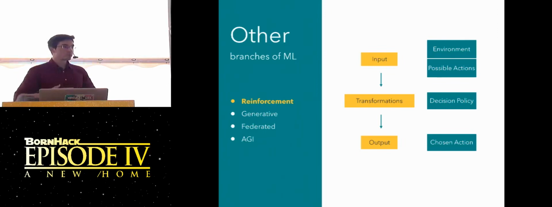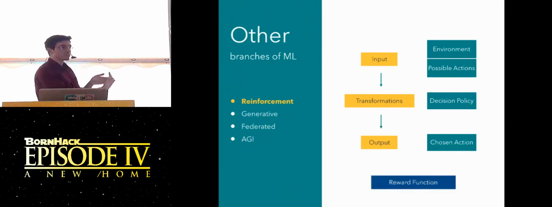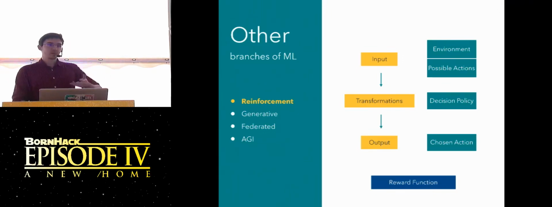What it learns is considered a decision policy. So this is the state of the environment. How do I make those decisions? And the output is the chosen action, and then we get the next discrete step of the interaction with the environment, really. And we have a reward function. It has to want something, usually maximize points. And we can sometimes see interesting things here, such as it learns to play the game in a way we didn't predict. It finds bugs to maximize points, which we didn't see earlier.